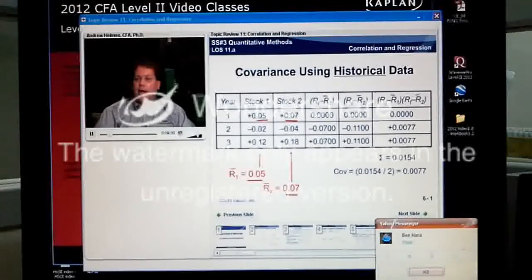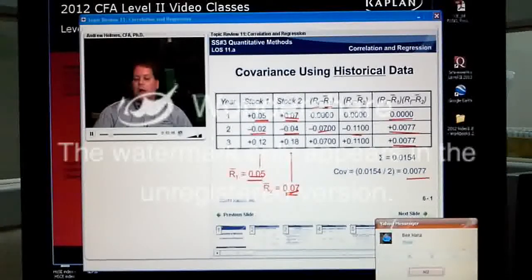But nonetheless, we're going to take the outcome in the first year minus its average. So in the first year we had 5%. We're going to subtract off the 5% average for stock 1, the 7% outcome for stock 2 minus its average of 7%. So we get 0 times 0 here as the product of the differences. Okay, then we do the same thing for year 2. We're going to take minus 2 minus 5, which of course is minus 7 over here, and then we're going to take minus 4 minus 7, which is minus 11, so we'll take minus 7 times minus 11, and we get this. Okay, we'll do the same thing for year 3, sum up, divide by n minus 1. So this is, of course, a sample, so we're using n minus 1 and not n, and we end up with a covariance of